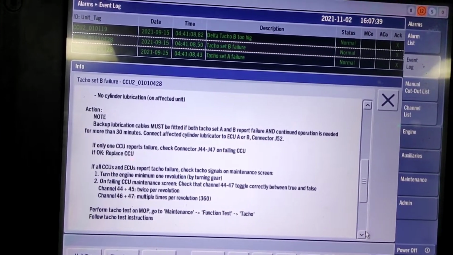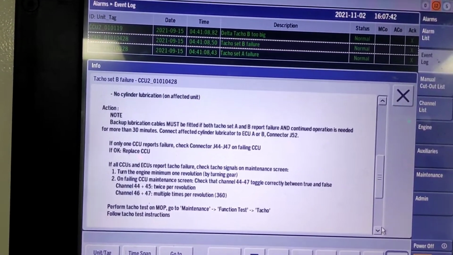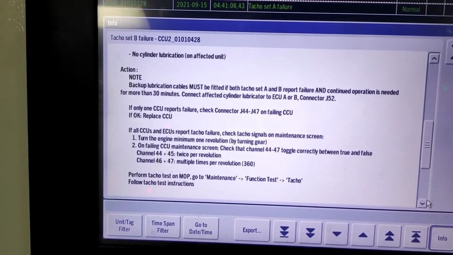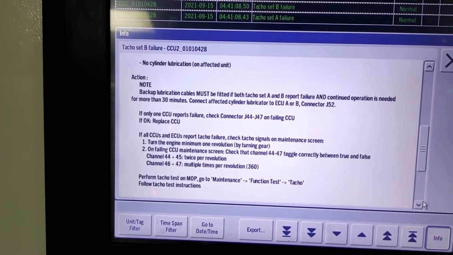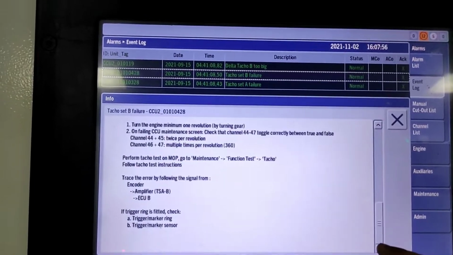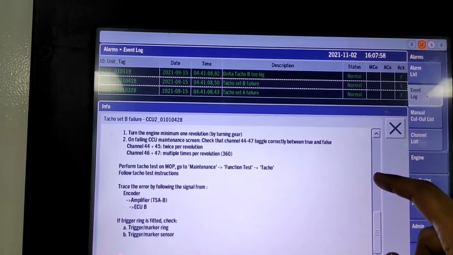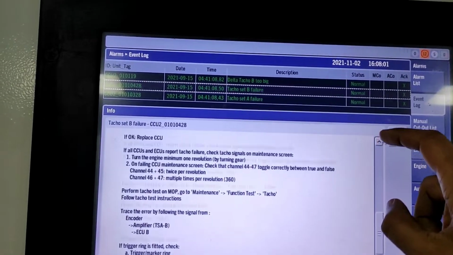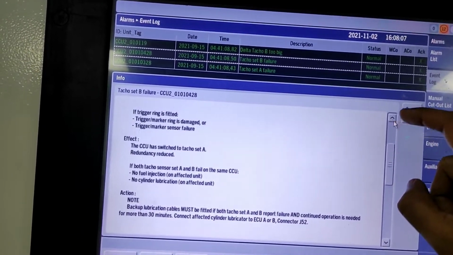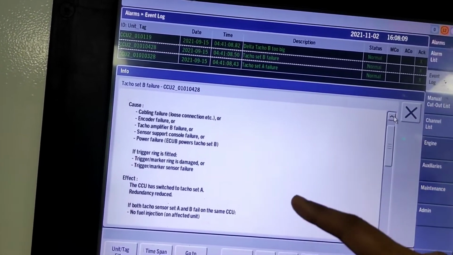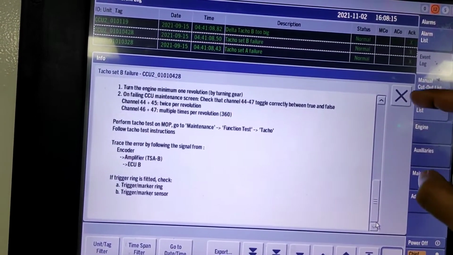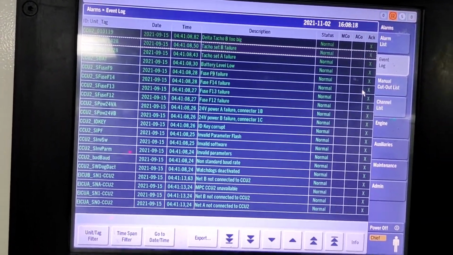That's an intelligent engine. It can tell you what is the problem with it, and in the same manner you can easily know what is the problem with the engine. You can find out and you can rectify the problem. So see what all action we have to take, all the actions are given in line. And if you go to the bottom side, exactly what you have to do in the engine, everything is given. So friends, if you scroll up on the engine, you can find out why the alarm came, the cause of the alarm, the effect of the alarm, and what action you have to take to rectify this problem. So this you can easily note.